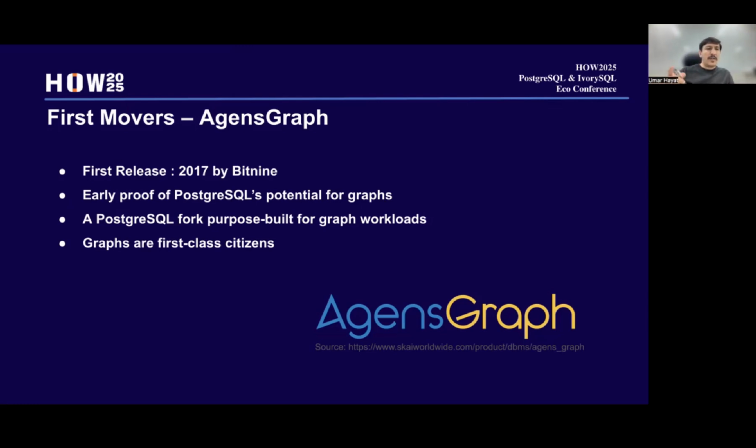The syntax of a graph query is a bit different in Agents Graph. Along with SQL, it also supports Cypher queries. It started a bit earlier, but 2017 was the first release of Agents Graph.